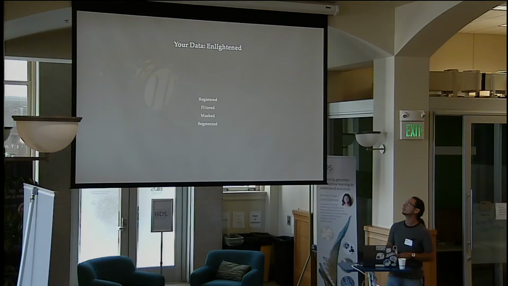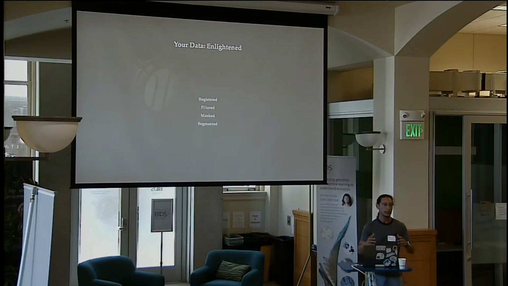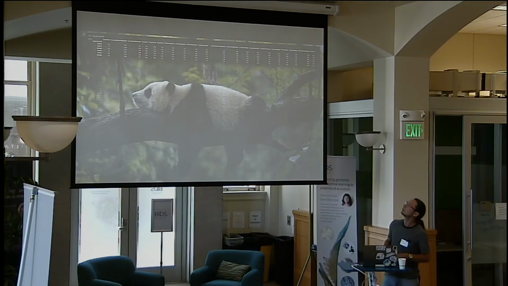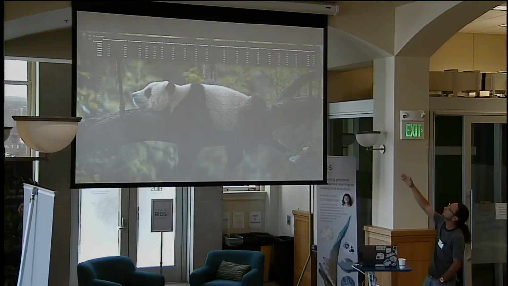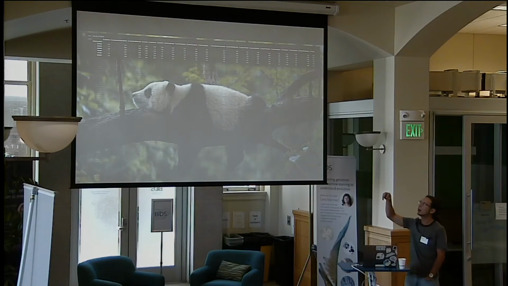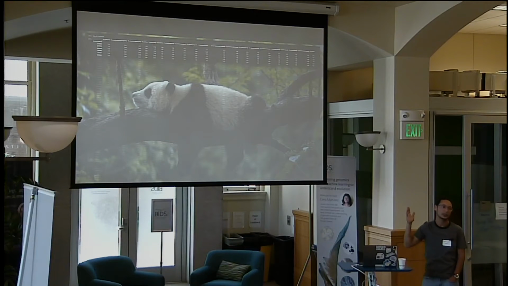So we have learned a lot of very interesting methods for registering, filtering, masking your data, segmenting. And once you get this data already in a CSV format, or if you're more environmentally friendly, a pandas data frame, what can you do to this data to extract the kind of information you're interested in? In this case here, I have patients on the rows, and in the columns here, I have amounts of tau accumulation in brain regions of patients with Alzheimer's. And in this case, the task that we are interested in is perhaps look at this data and classify whether a particular patient is an Alzheimer's or cognitively normal patient.